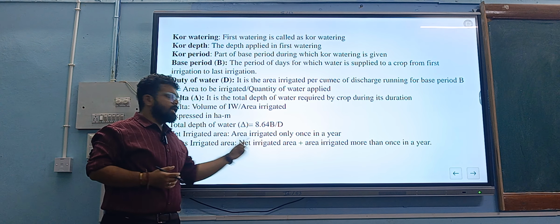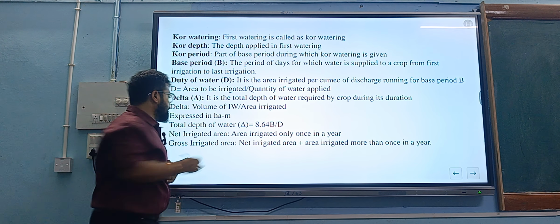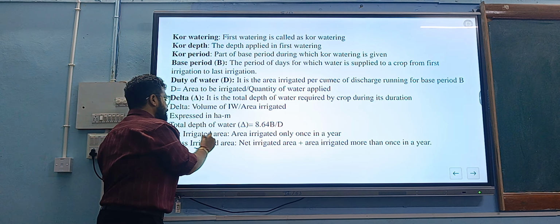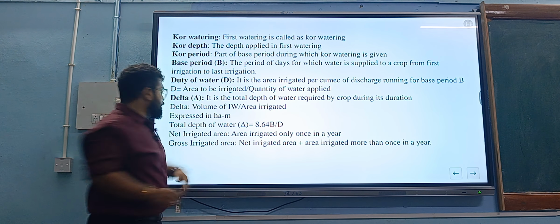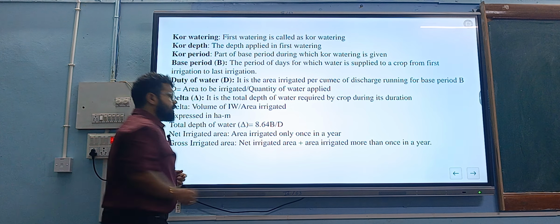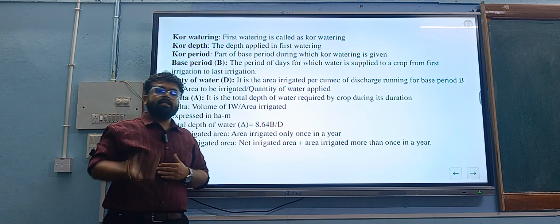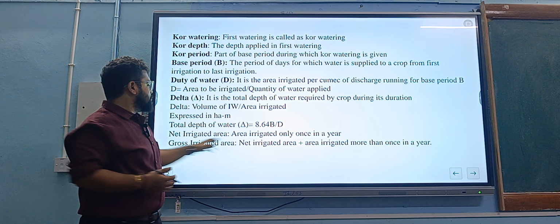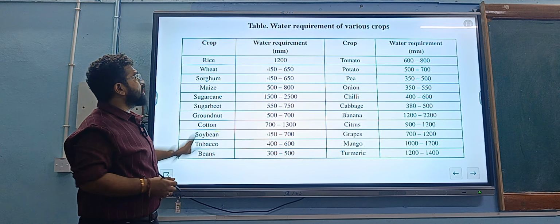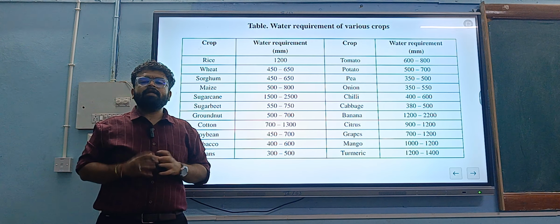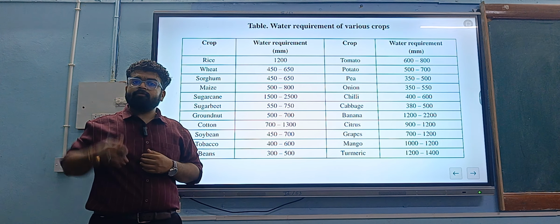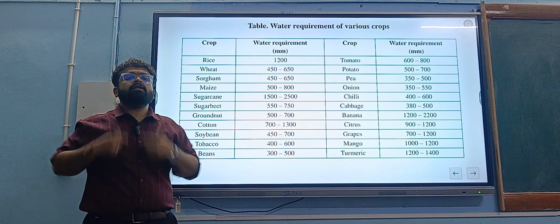Net irrigated area is the area irrigated only once in a year. This term is not net irrigation requirement. Net irrigated area is the area irrigated only once in a year, whereas gross irrigated area is the area that is irrigated more than once in a year. Net irrigated area plus the area irrigated more than once in a year forms the gross irrigated area. So, after understanding crop water requirement in the last lecture and irrigation requirement in this class, we'll now understand